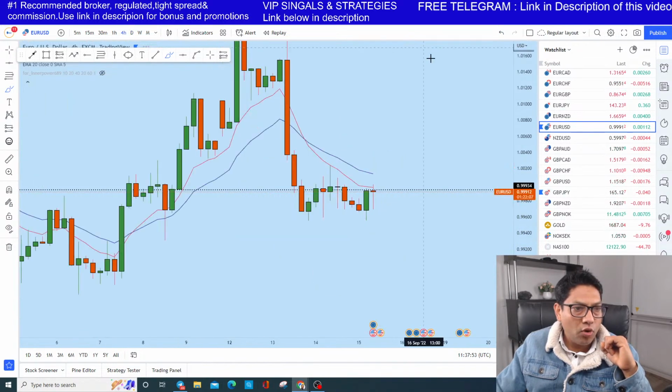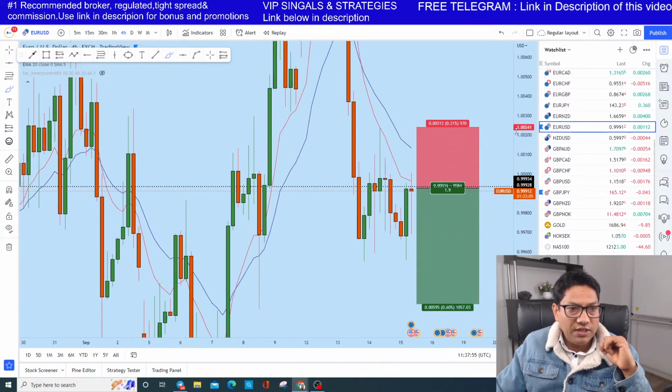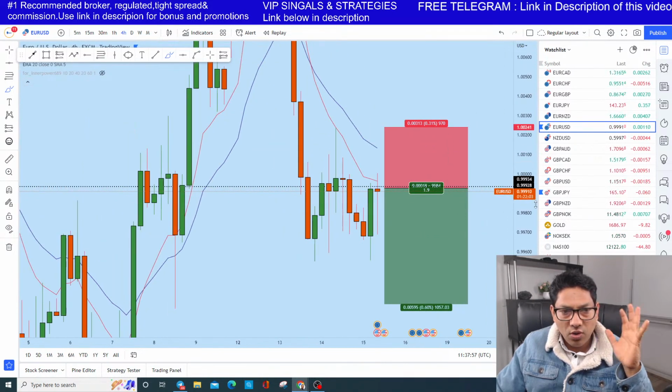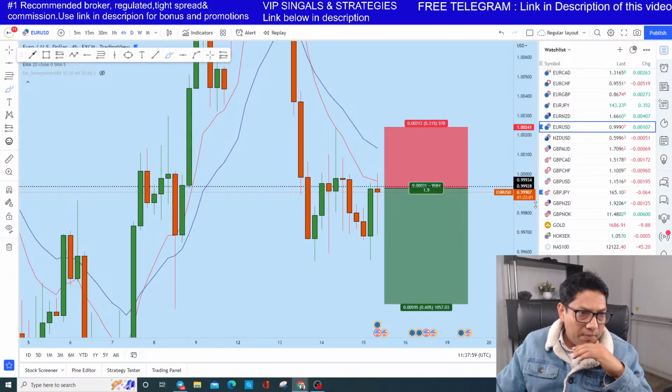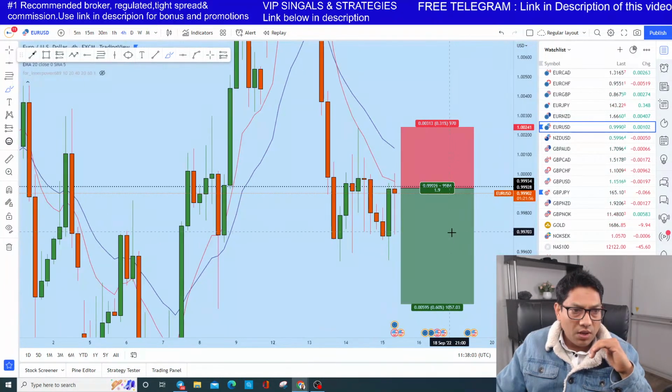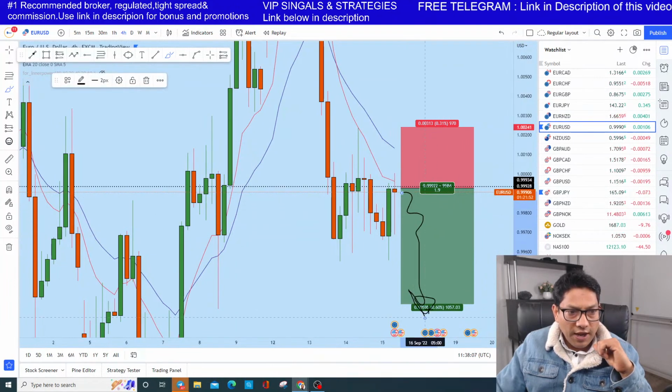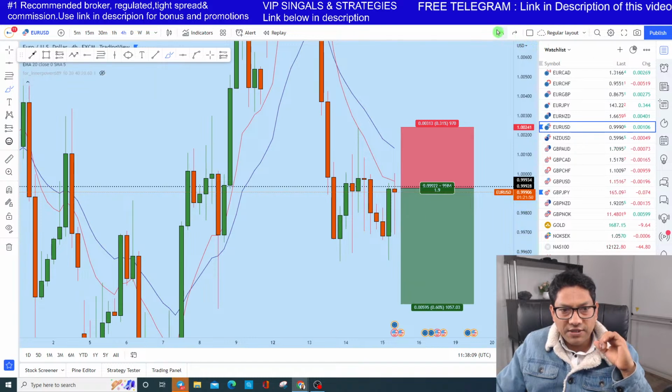Now if you look at the 4-hour perspective, this candle is going to close after 1 hour 22 minutes, but to me it's a very strong bearish price action. I think this price will continue to drop, and that is what I am expecting on EURUSD as well. So let me look at the chat, guys and girls, to see what you are up to.